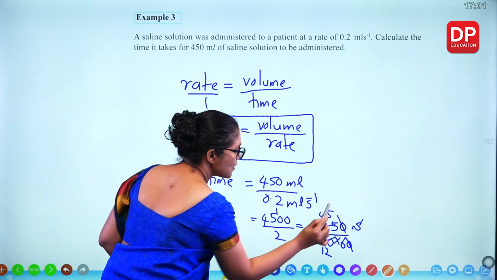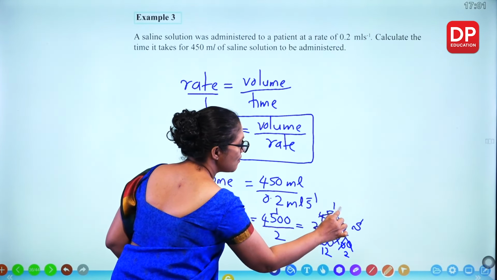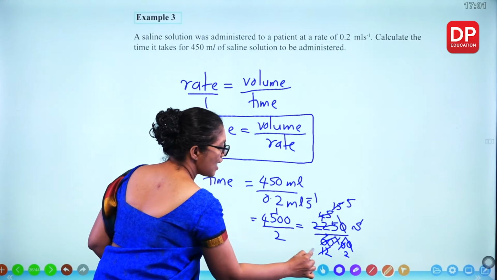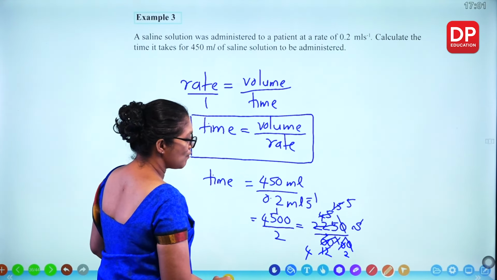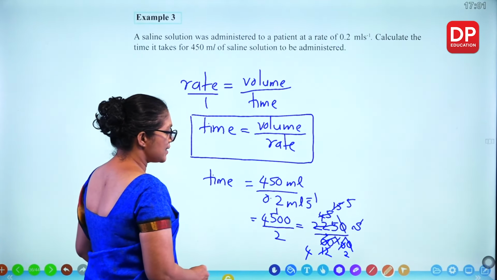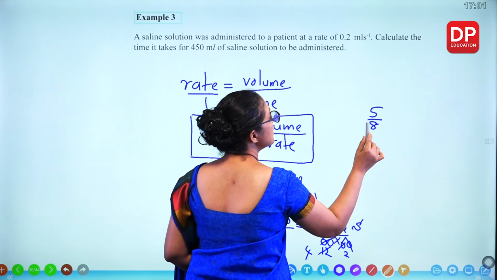For 25, that's 5. 3 times 2, 3 times 15. Then again 3 times 5, 3 times 4. So what's the final one? 5/8. So 5/8 hours,